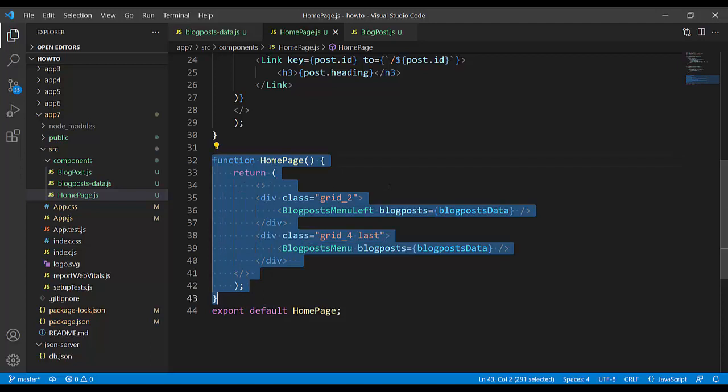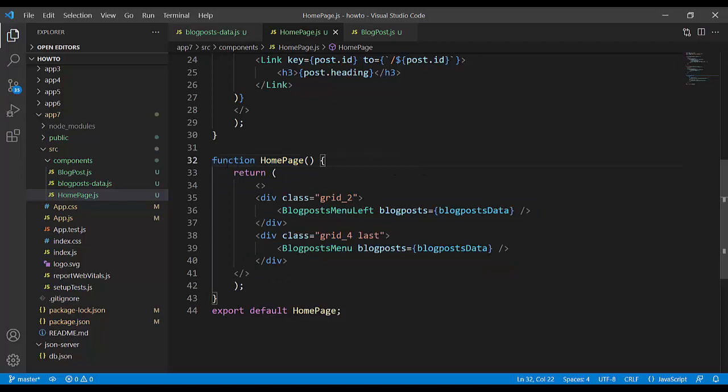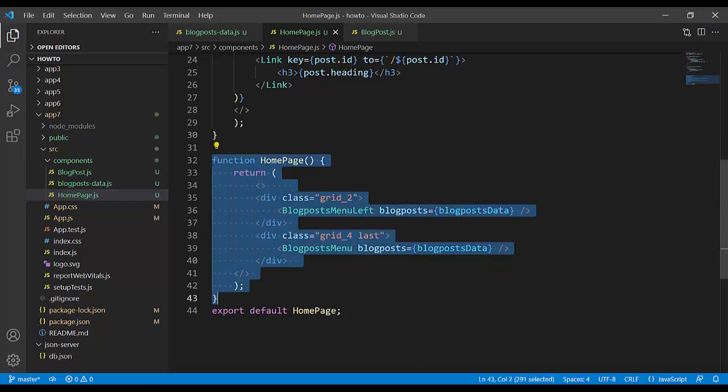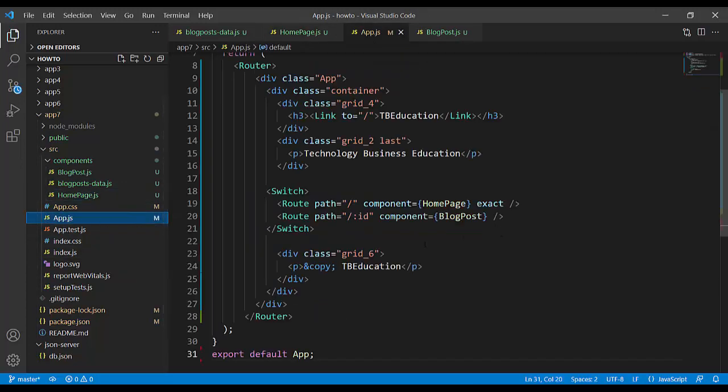Every React component produces a React element. This HomePage component, here in app.js, is called by name: component equals HomePage, in curly brackets, HomePage,